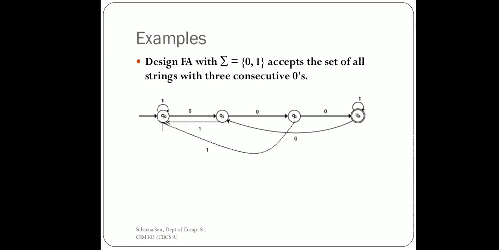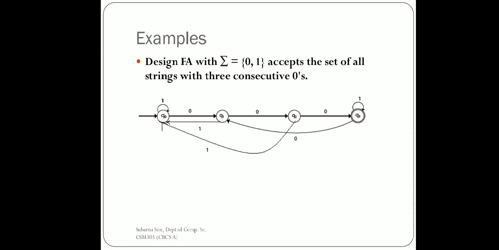Okay, now this example is saying that it can accept the set of all strings with 3 consecutive zeros, right? So just keep on trying. Here, with 3 consecutive zeros, what is the smallest string possible? 0 0 0. So it will begin from q0, and on getting 3 consecutive zeros it will move to the final state. Now keep on combining other choices. Generate some strings with 3 consecutive zeros, and some strings with no 3 consecutive zeros, and just play with this transition diagram.